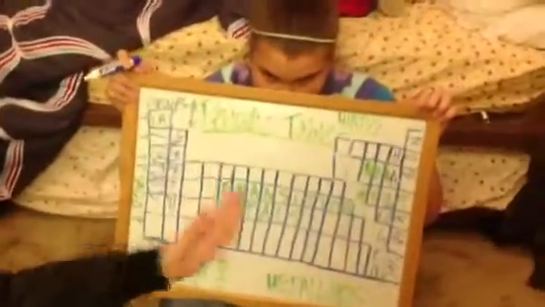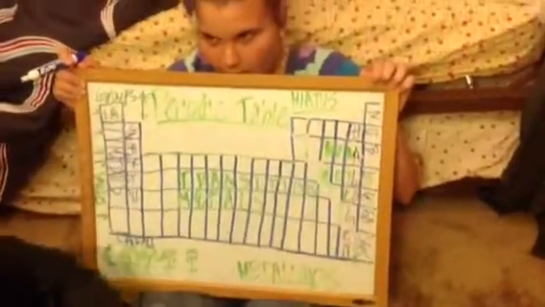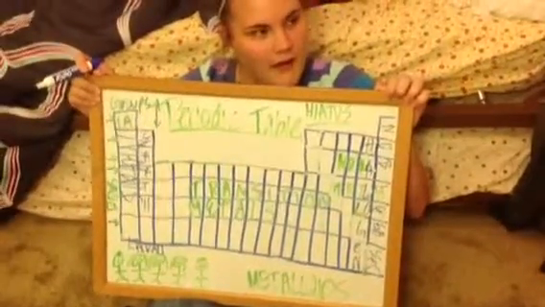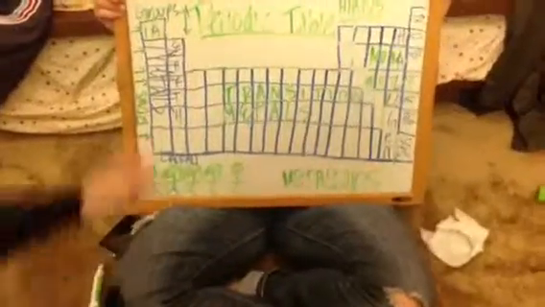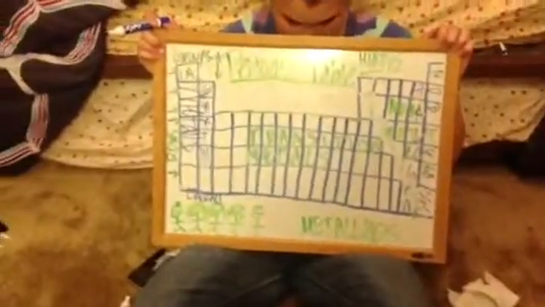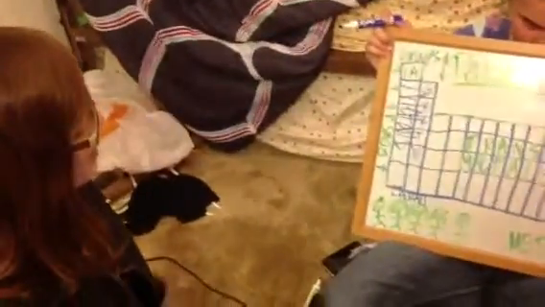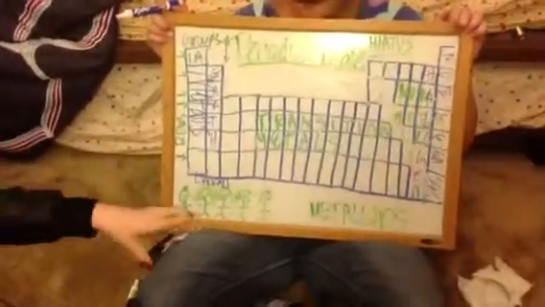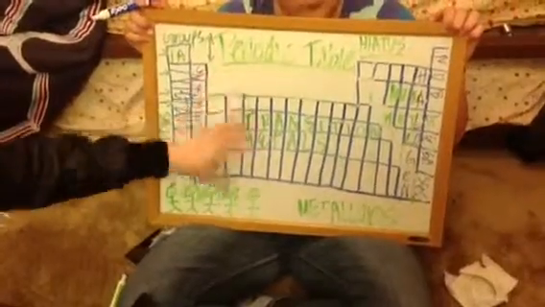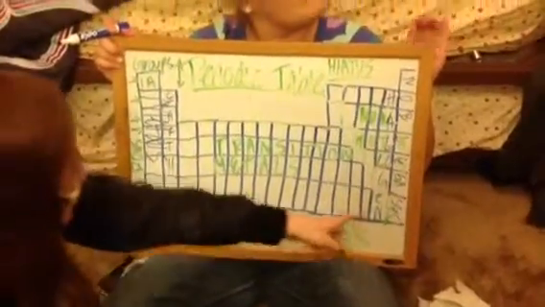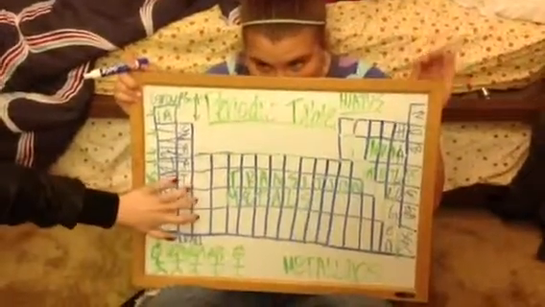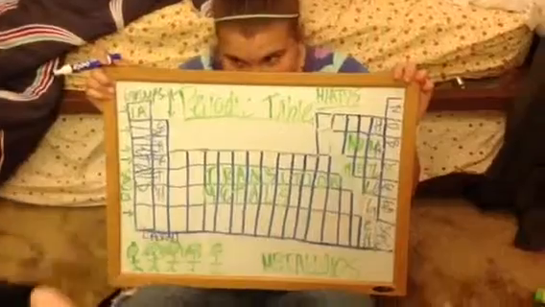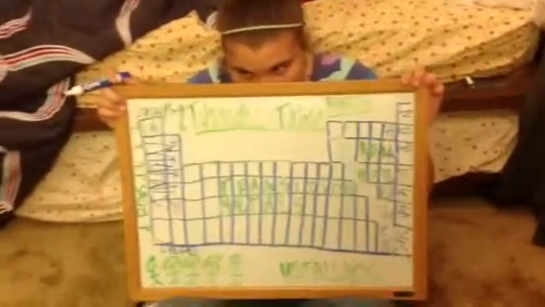Let's just go from left. Well, I just talked about noble gases, so let's go from right to left. Noble gases are this very last one over here, and the ones right next to it are halogens. Right here where it says Earth, those are alkaline earth metals. And these are the alkali metals. And then right here are the transition metals. And the metalloids are the ones touching this little line right here. And these two right here continue on into other little things, but I'm not going to talk about that right now because I don't have to.